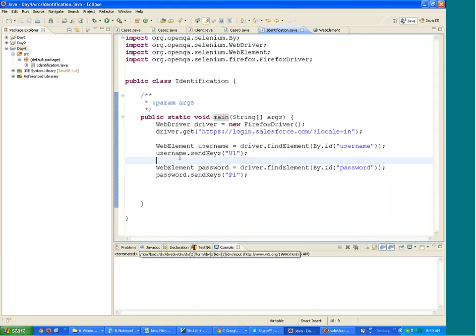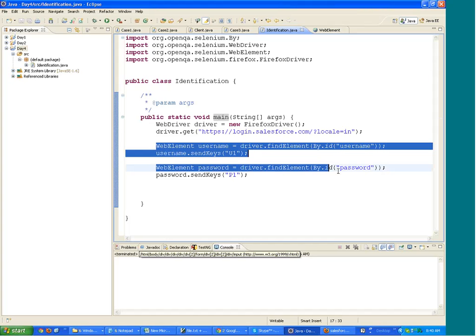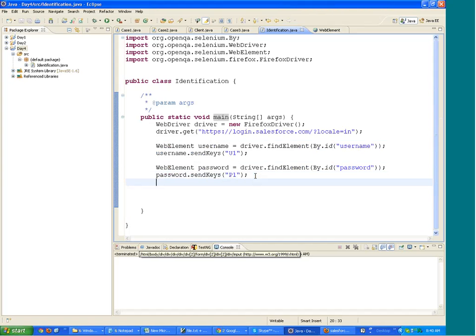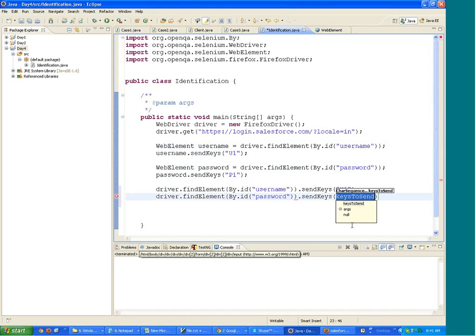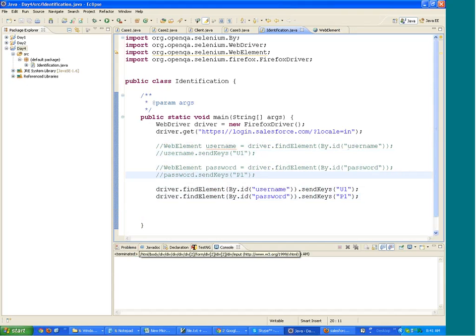Now one thing: for dealing with one element, I am writing two lines. I can also write this in one line in one go. I can write driver.findElement this dot sendKeys U1 and driver.findElement by the ID password sendKeys P1. Okay, right. So you have got